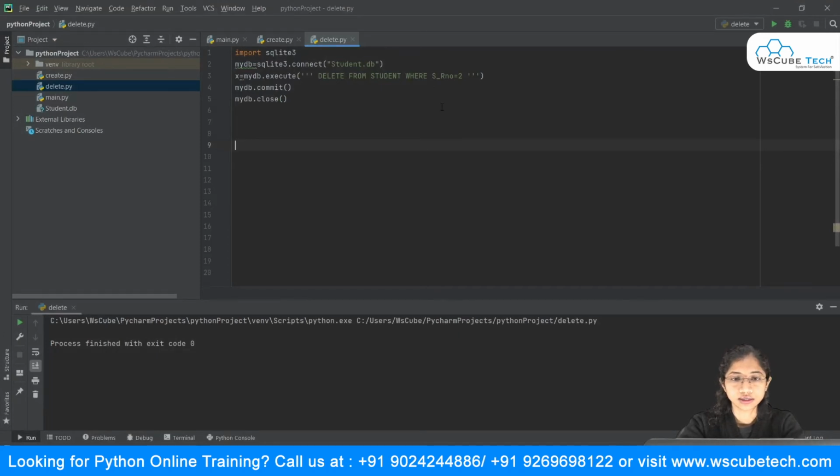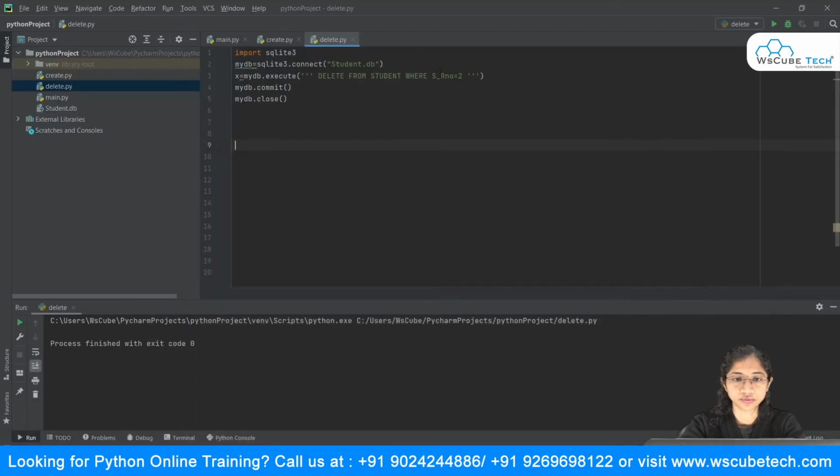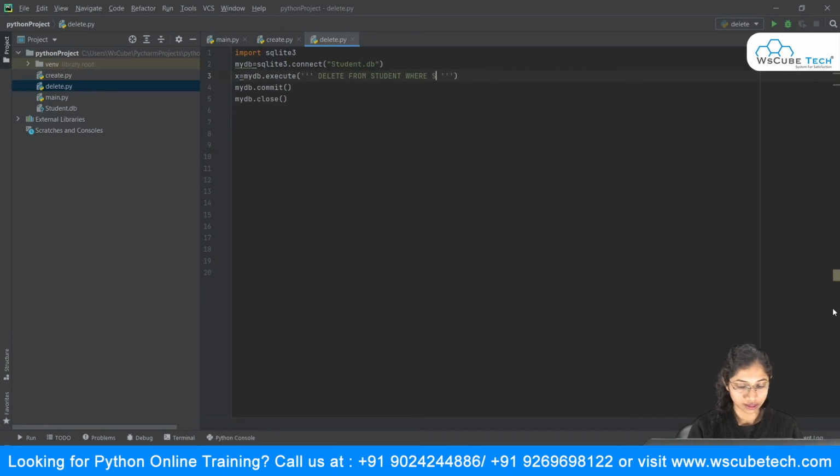We can even delete a record using the name itself. Suppose this is S name, and I want to delete, say, Pratik. So I will say where S name is equal to Pratik, and I will simply run this.